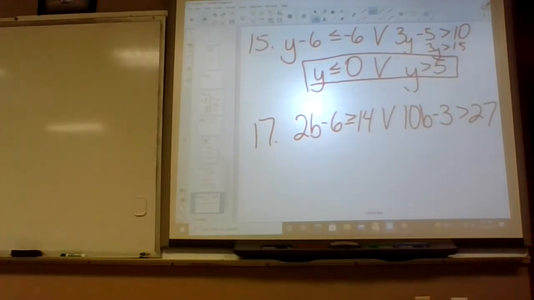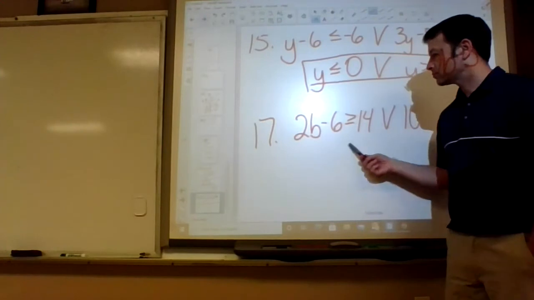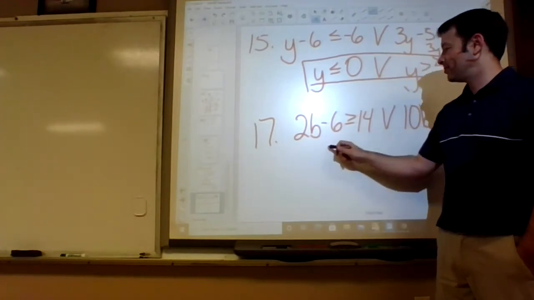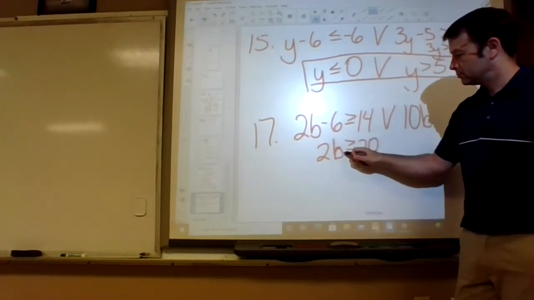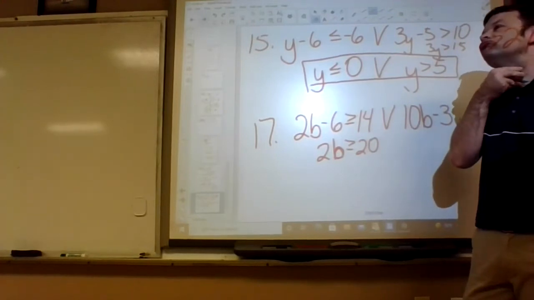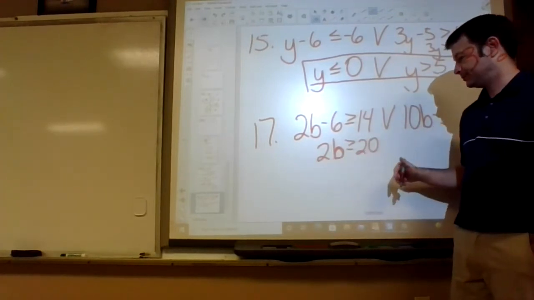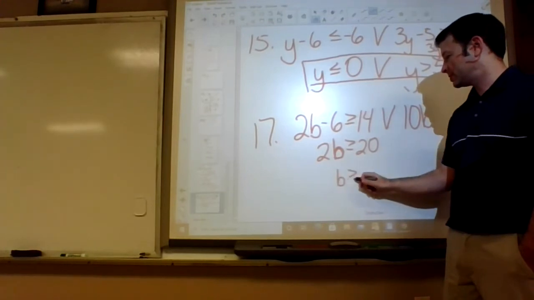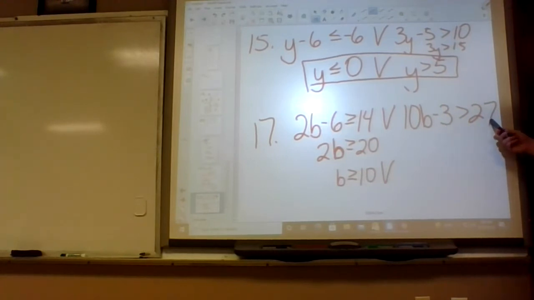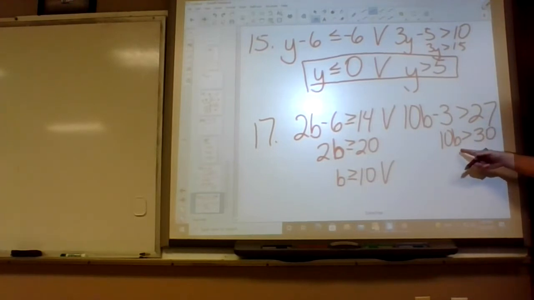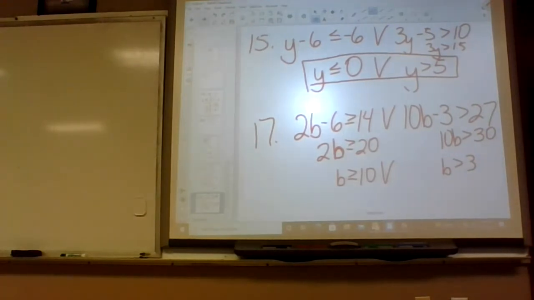Paxton, what should I do on this one? On the left one over here. Add 6, that will make 20, and then what? Divide by 2. Divide by 2 makes 10. On this one we would add 3. That makes 30. What's 30 divided by 10? 3. Okay. So b is greater than or equal to 10,